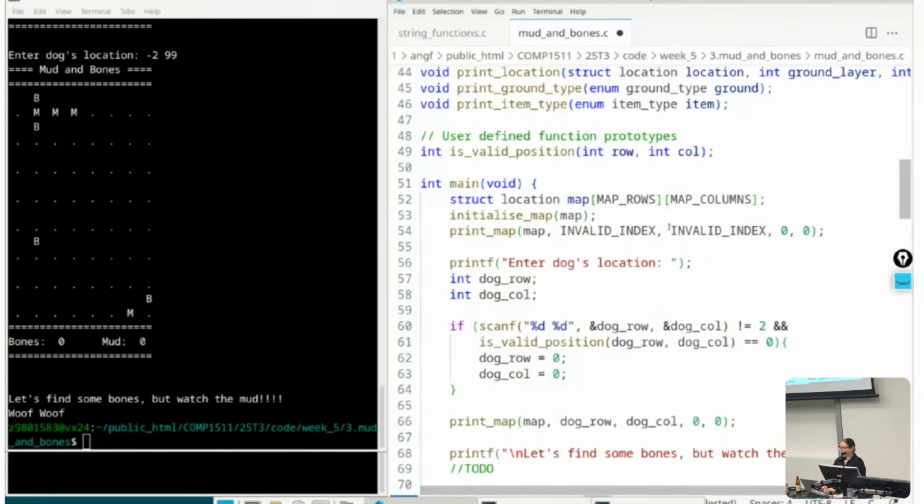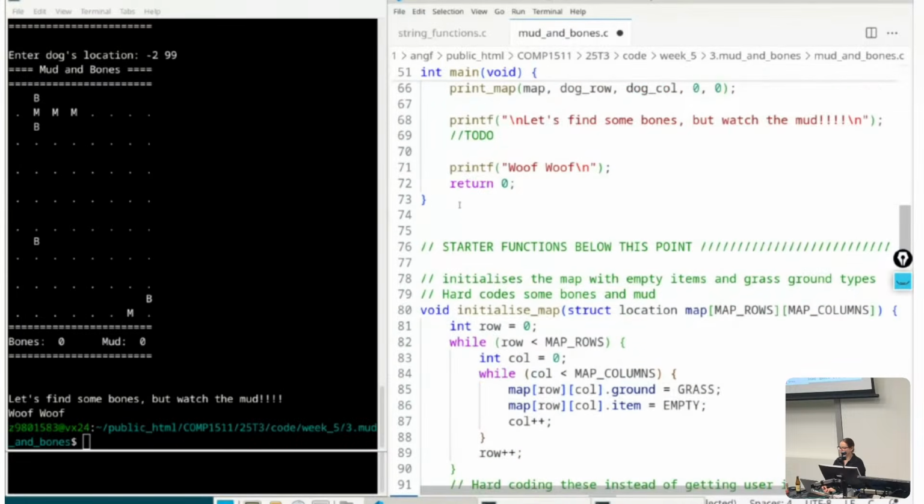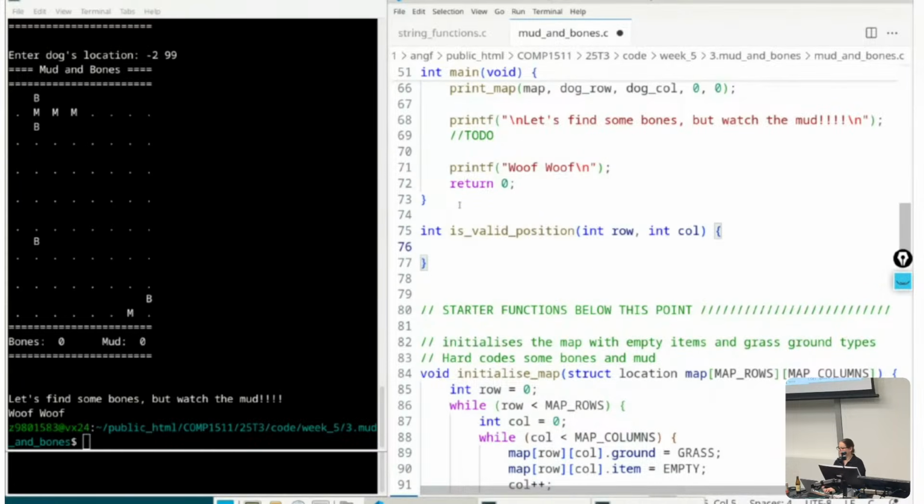All right. But yeah, we can't just completely pretend forever that we're going to write the function. At some point, we do have to write the function. So let's try and write this function to see if a given row and column